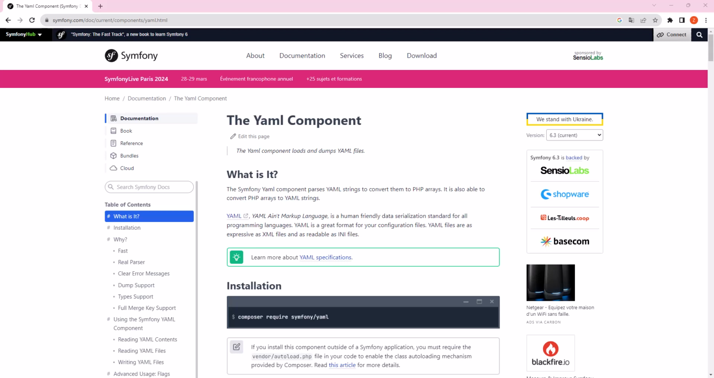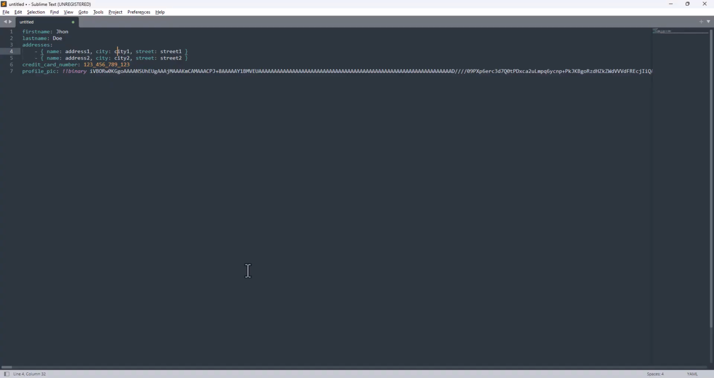Hello and welcome everybody, my name is Zied and today we are going to see together a Symfony component called the YAML component. This component will allow us to load and dump YAML files, meaning that we will read and write YAML files. And in this tutorial we are going to load a YAML file, this YAML file over here